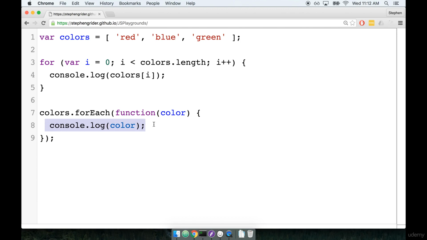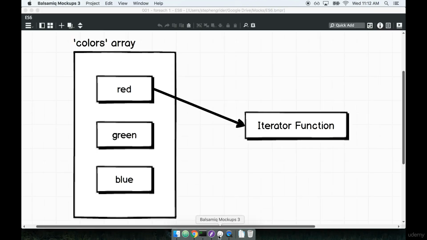Okay, so that's a description of the code structure, but it doesn't quite explain what's going on behind the scenes. So let's take a look at a diagram real quick and try to figure out what's going on. We're going to walk through two steps of the forEach here. On the left-hand side, we have a diagram of the colors array. The colors array is this big outside rectangle, and inside of it, we've got red, green, and blue. 3 elements, right? So the forEach helper takes the first element in the array and it passes it to